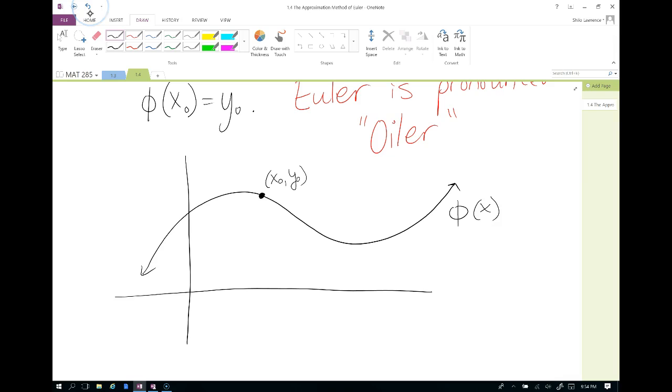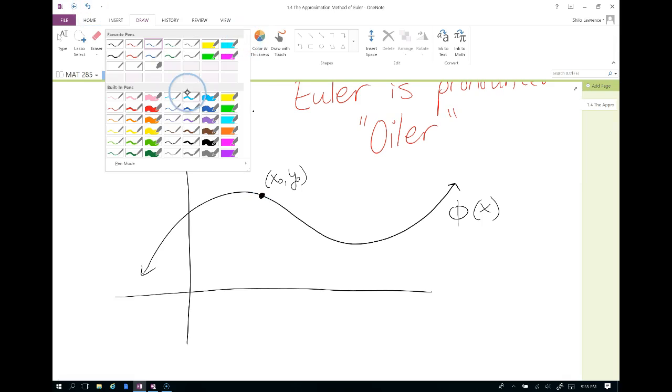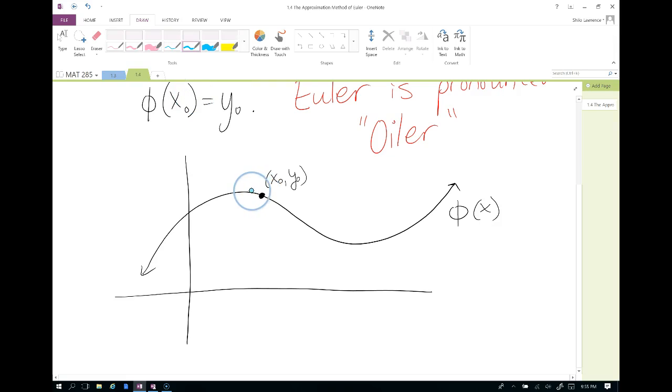So start at your point, find the tangent slope, and follow that tangent slope a little ways. So there's our tangent slope, and we're going to follow it a set distance, which we call our step size,